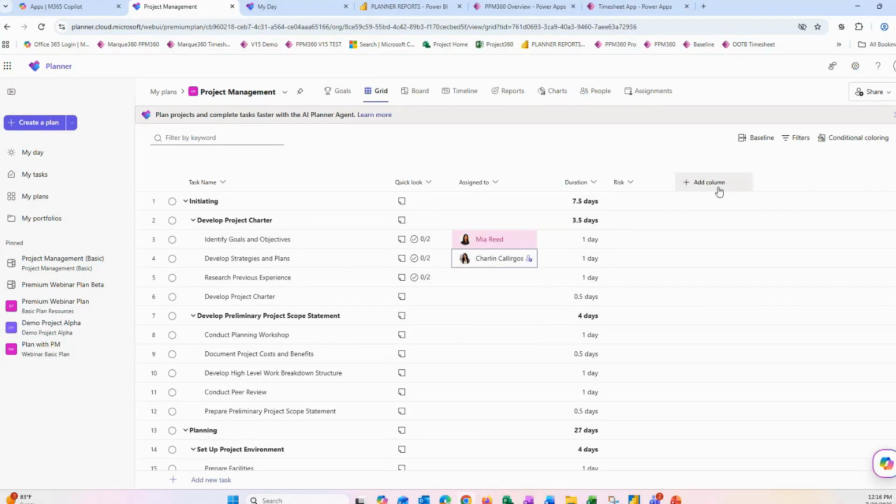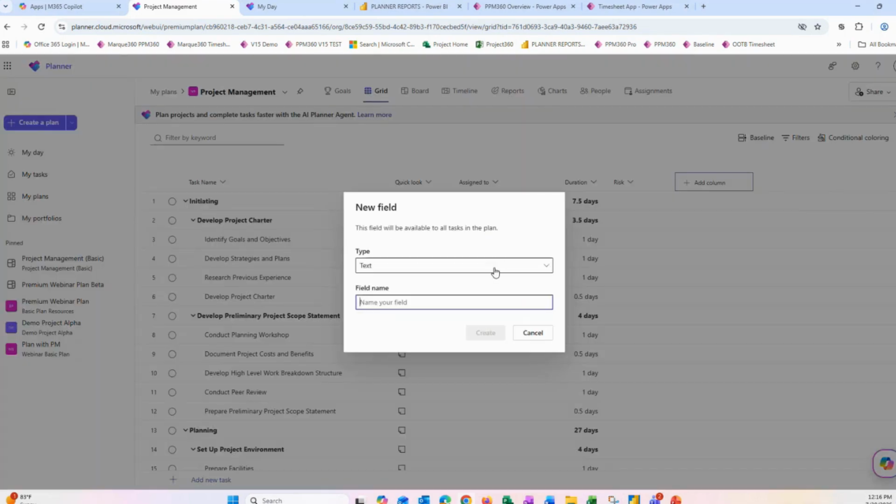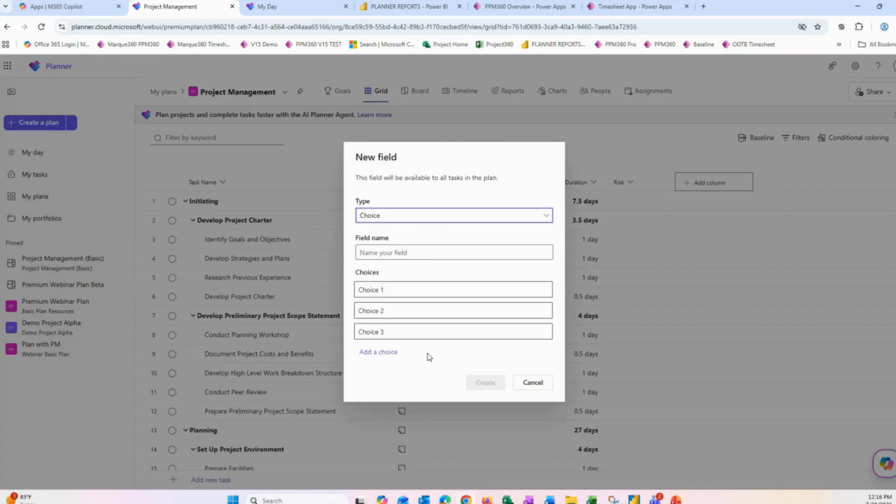The other thing with grid view is that you can create custom columns for yourself. So these are a list of all the columns that are preset. We can add these in here, including the goals that we talked about a little bit ago. We can also go to new field and define what field we want to add. So if I want to add a new choice field,